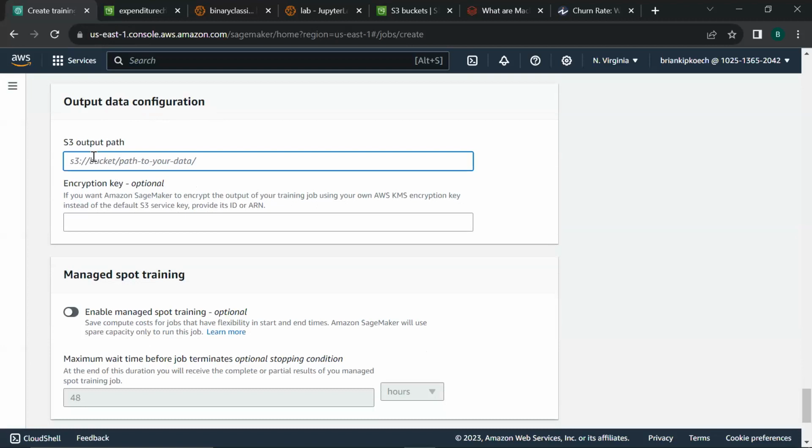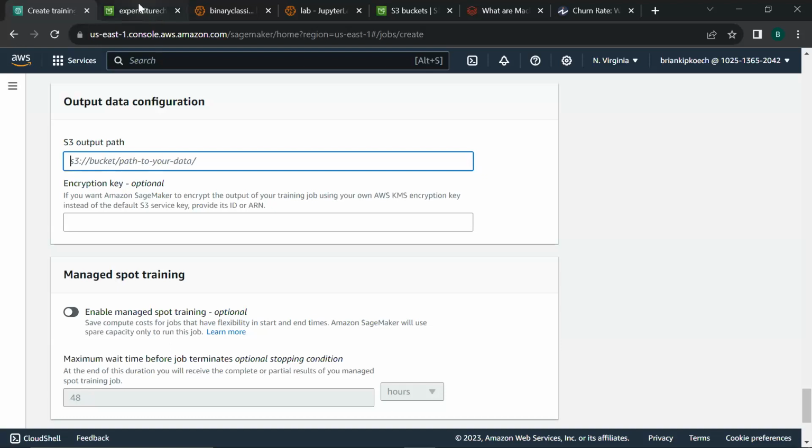So if we want to host this particular model to be used by end users, we will need to export the model artifacts to S3 so that we can load and use them once we want to make this model available to end users.